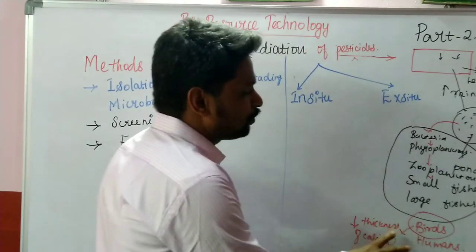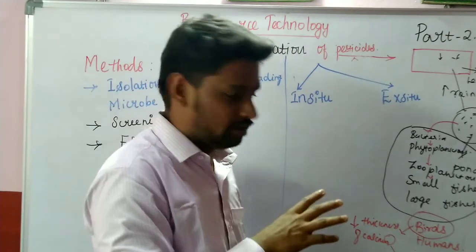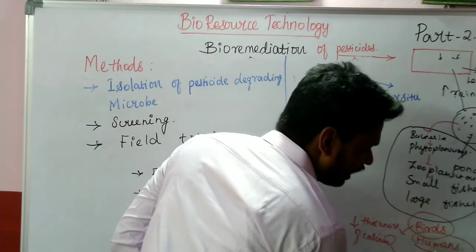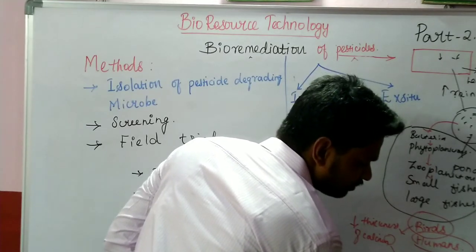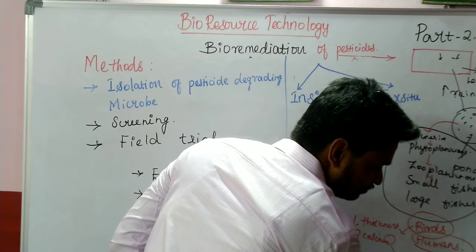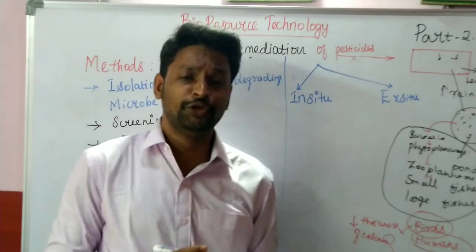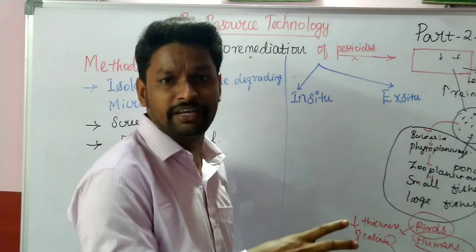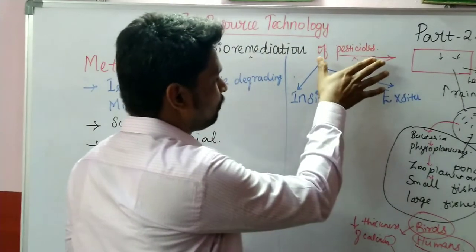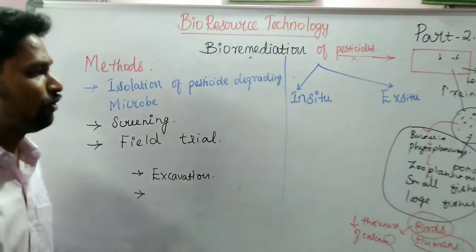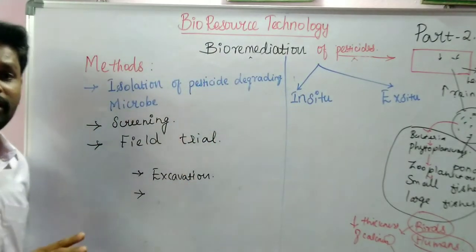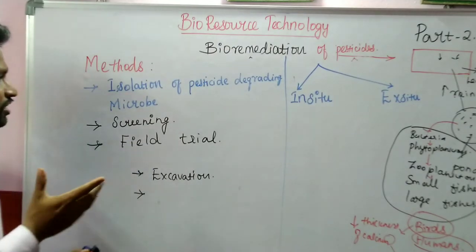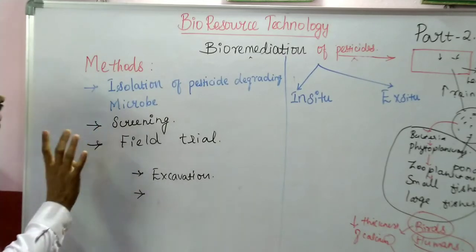So due to this problem, the bird population will be reduced, and this will also reflect in many health disorders in humans also, right? So this many problems and effects will be created due to the pollution caused by pesticides. For that purpose only, the immediate working of bioremediation of pesticide is essential, right? So we will discuss the method of bioremediation.